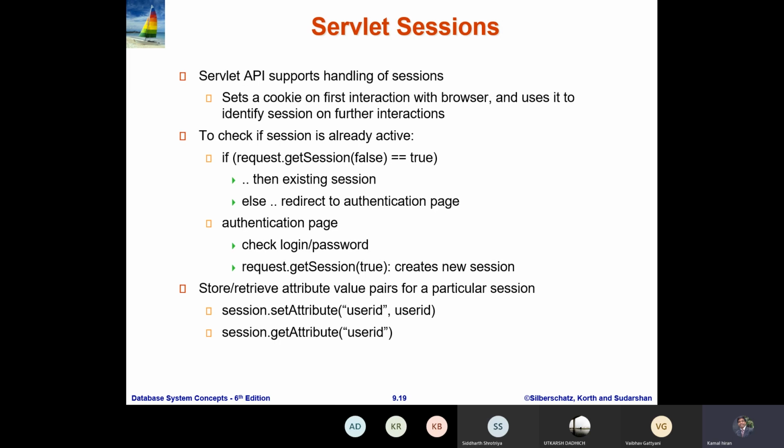So how is it established internally in the code? You can see one command here: if request.getSession(false) equals true, then the existing session, else we use the if and else commands for session establishment, and once the user completes the operation and closes the web page, the session is closed.